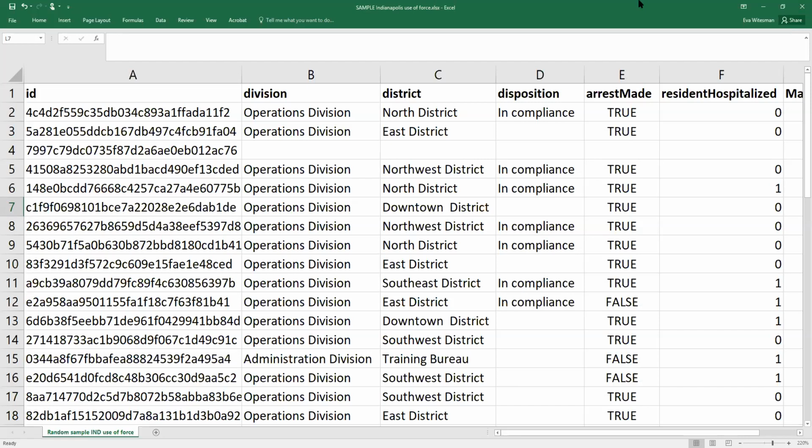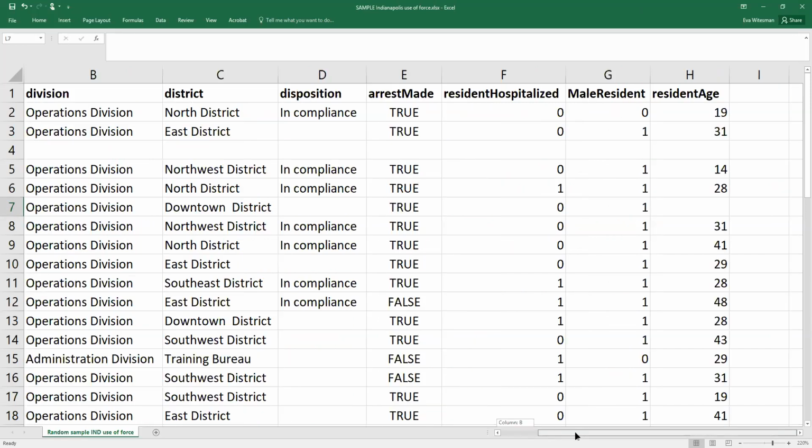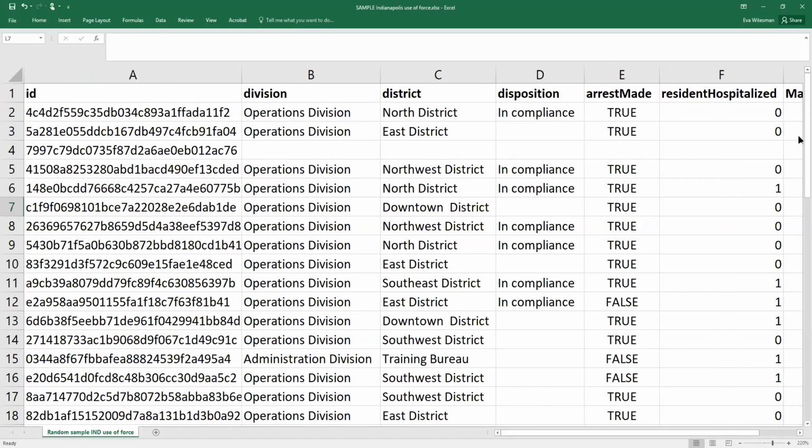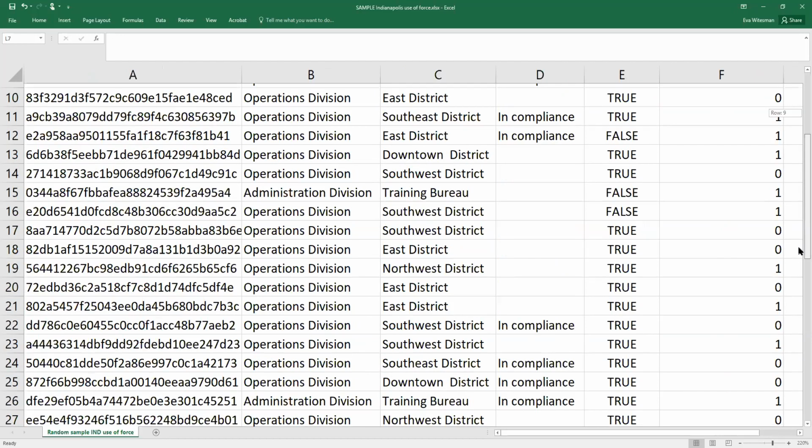This is a video to describe the 5-header row approach to creating a code book for data. So this is some data from the Indianapolis use of force data, but this is a much smaller data set than the full data set. You'll notice there are only a few variables here, and I've taken a random sample of observations, and I think